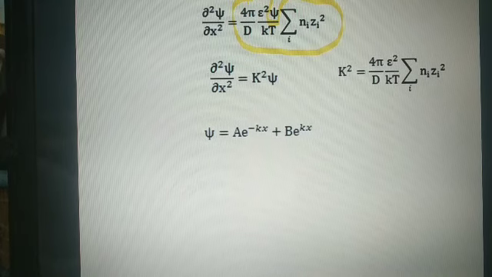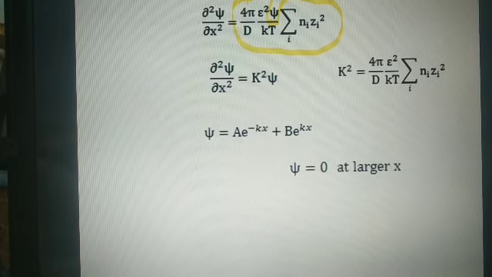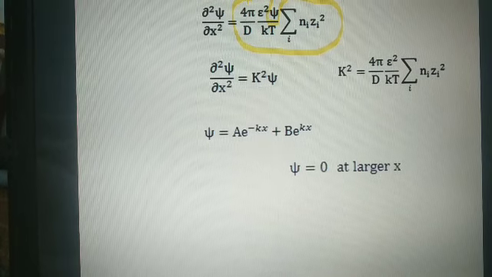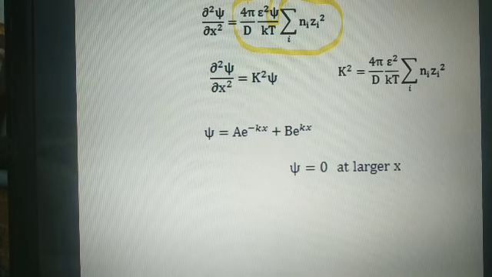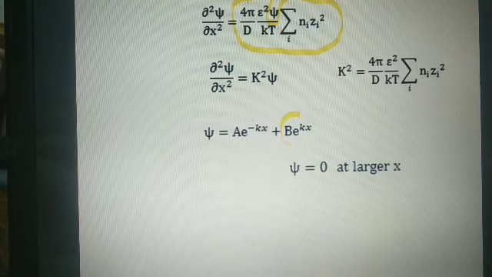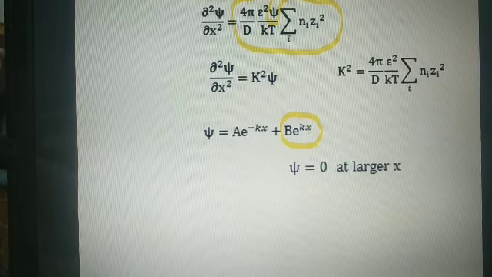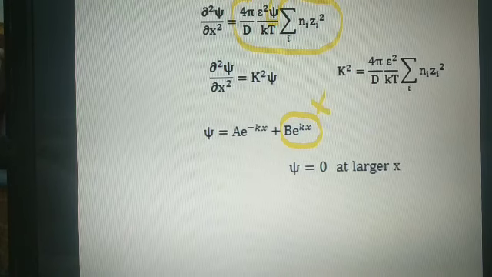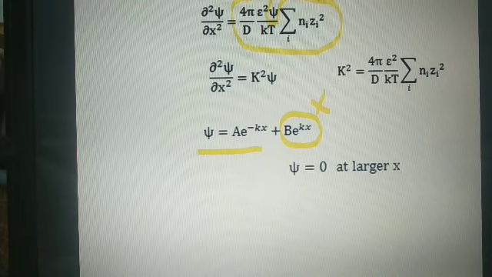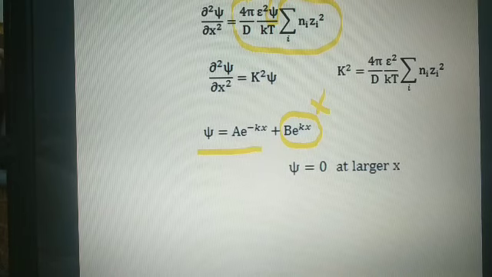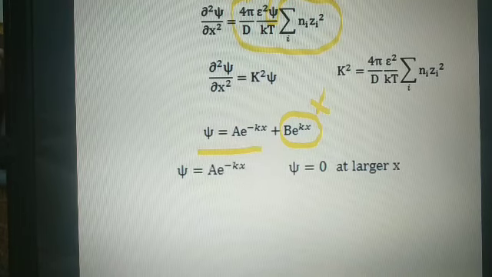As we know that the value of psi, the average potential, will die out in the solution side at larger distances. So जैसे जैसे x की वैल्यू इंक्रीज होती जाएगी, psi की वैल्यू 0 होती जाएगी. तो ये जो फैक्टर है, ये x की वैल्यू इंक्रीज होने से इंक्रीज होता जाएगा. सो psi की वैल्यू इंक्रीज नहीं होगी, इसका मतलब ये काउंट नहीं होगा. So only we are left with this part here, that psi is equal to a into e raised power minus kx.